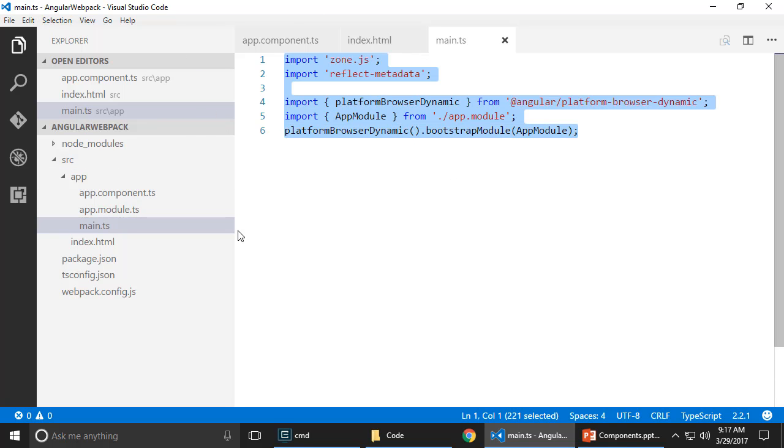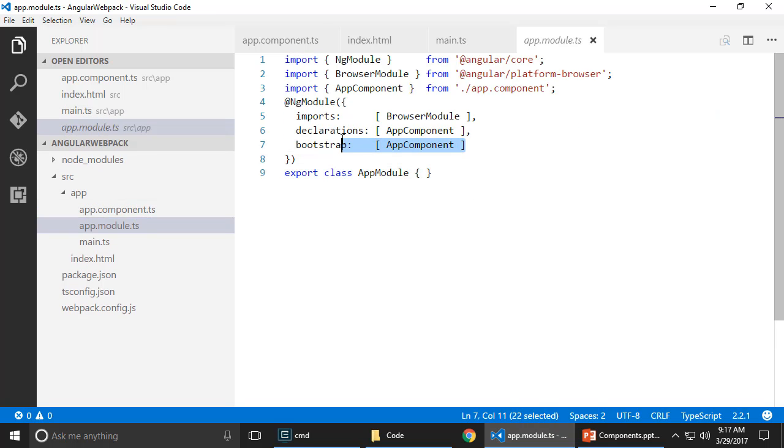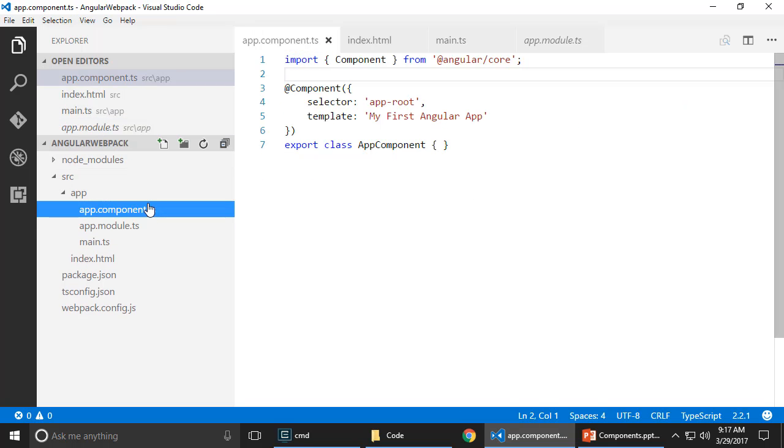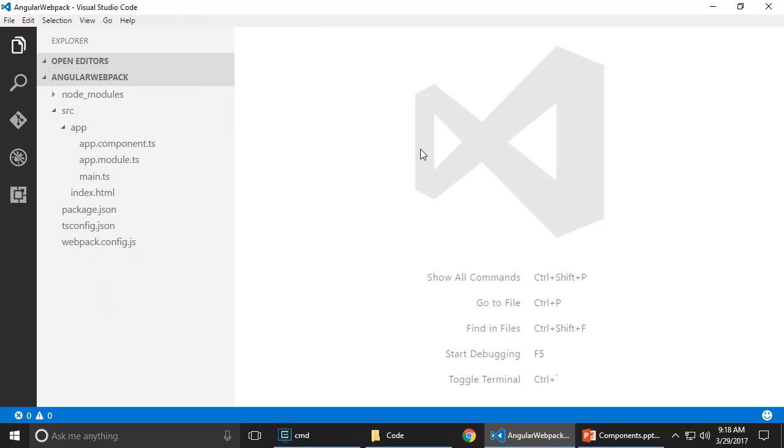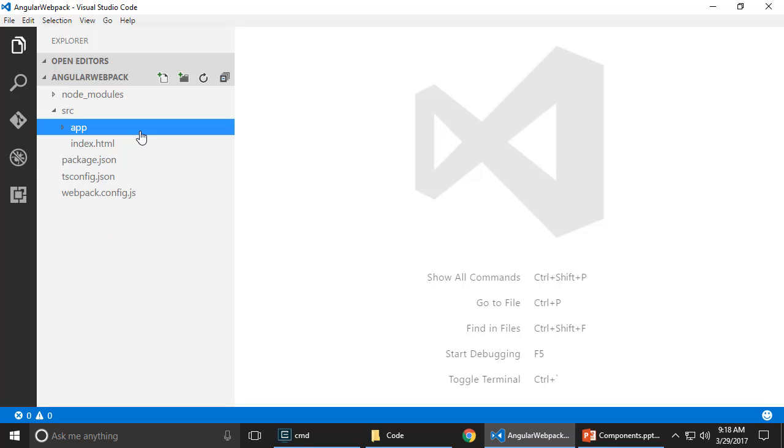It's got a main.ts bootstrapping. It's got an app module, which basically bootstraps the app component. And the app component right now is just showing my first Angular app. So this can be thought of as a starter Angular project. Okay. What I intend to do here is that I intend to create a to-do application. So it's just an application that has a bunch of to-dos and it's just going to list those to-dos out,